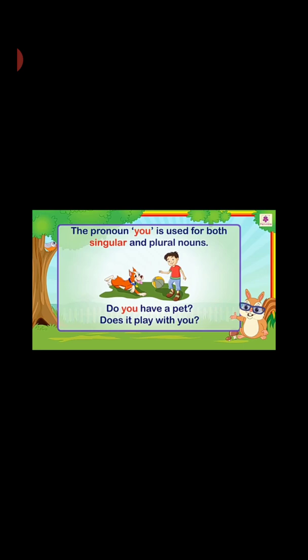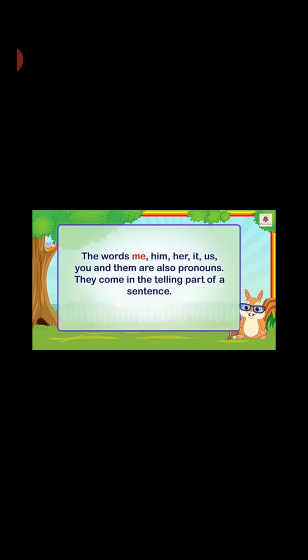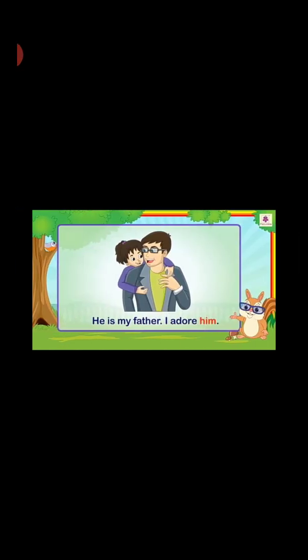The words me, him, her, it, us, you and them are also pronouns. They come in the telling part of the sentence. For example, he is my father. I adore him. The words me, him, her and it are used for singular nouns, whereas us and them are used for plural nouns. For example,